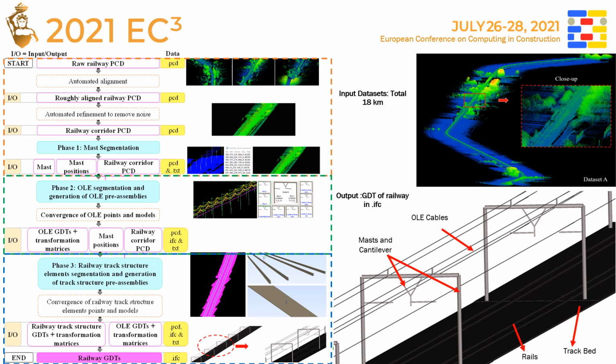The main hypothesis of our research is that the use of railway topology has the theoretical potential to perform better when segmenting and modeling the geometry of railway elements in point clouds with varying geometric patterns. We have tested this hypothesis with three approximately 6 km long point cloud datasets, which means 18 km in total